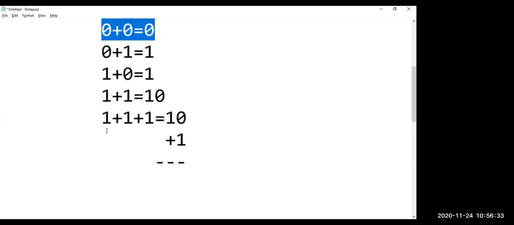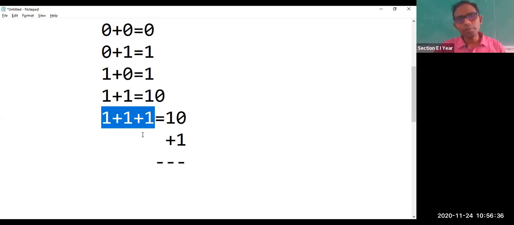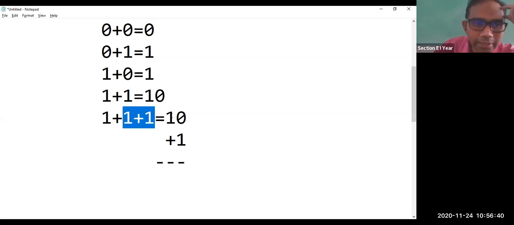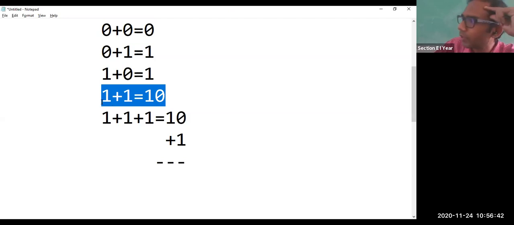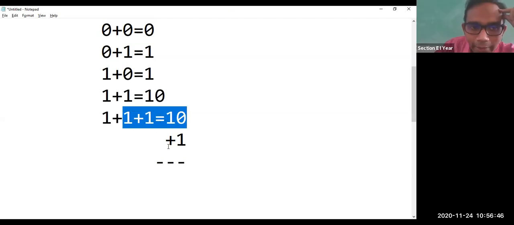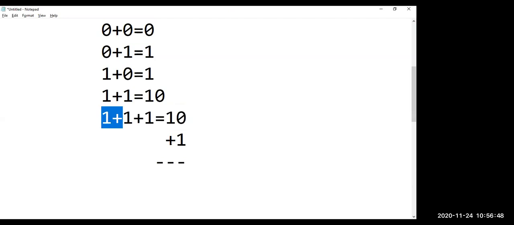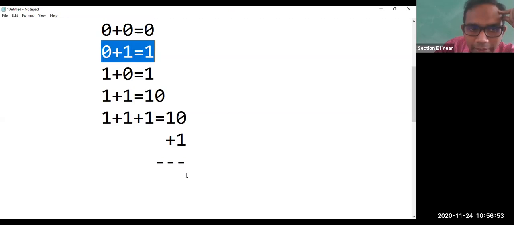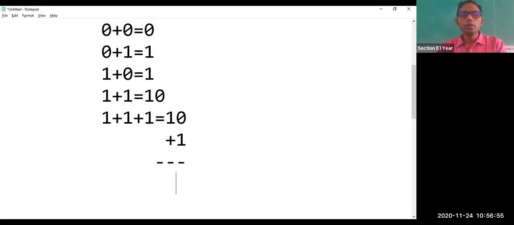Okay, now let us come back to this one, 1 plus 1 plus 1. Before performing 1 plus 1 plus 1, let us do the addition of 1 plus 1. So the result is 10 with respect to the above line. 1 plus 1 equals 1, 0. In the same manner, 1 plus 1 is equal to 1, 0. Now add again this particular plus 1 over here. So we are writing plus 1. So 0 plus 1, the first digit will be 1.